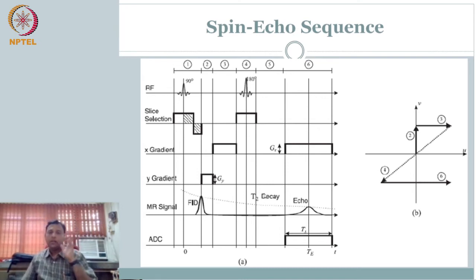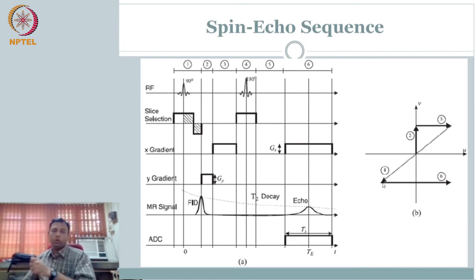That is the difference. So how do we look at this in the diagram in UV? I started applying the signal, but I am not measuring it. So 2 allowed me to do phase encoding, meaning moving in the Y direction. Once I moved there, in 3 I should have had signal, right? But I am not measuring the signal. So in 3, it is regular signal, but I am not measuring it yet. At 4 I am applying a 180-degree pulse, meaning I am flipping. So when I am flipping U and V, it will come here. So essentially I am at this location.